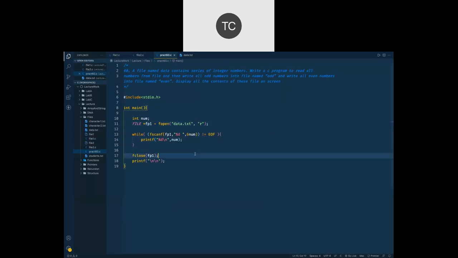Okay, so that's how we read that file number by number, and we omit this space which is coming from the file. We only store the data in the number variable and we print that number on the output screen.